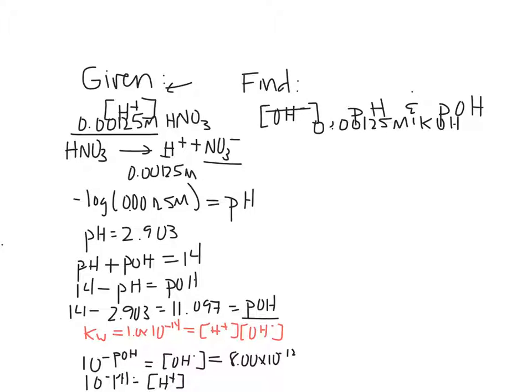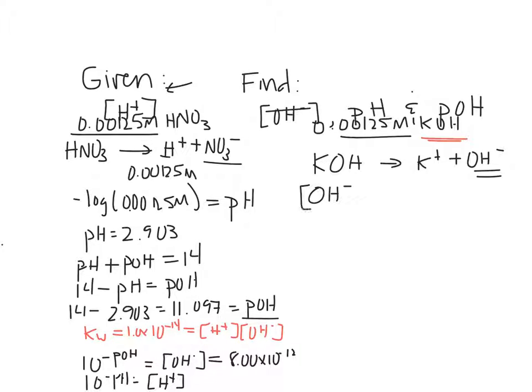Let's try the same thing over here with our base. Now, the only difference is that this value is talking about the concentration of a strong base, KOH. So with that strong base, this concentration here means that KOH, since it's strong, is going to completely dissociate into potassium ions and hydroxide ions. So since it goes to completion in this direction, this concentration here is the same as the hydroxide concentration. So I know the hydroxide concentration for this base will be